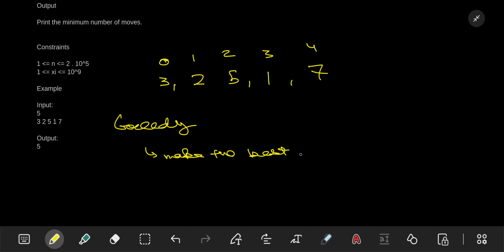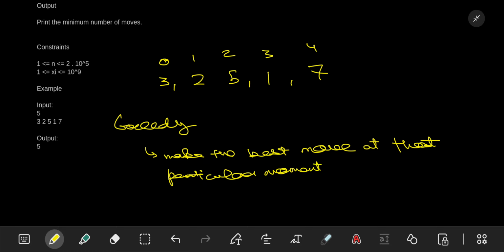Greedy says to make the best move at that particular moment. So greedy says that we make that particular move which is the best at that particular moment. So when we are at 3, this is the first element, we are not worried about this. When we went to the 2, so what is the